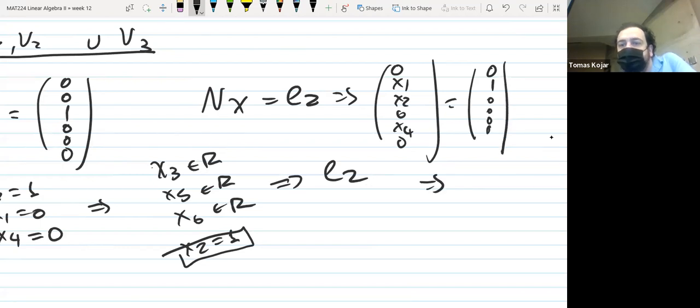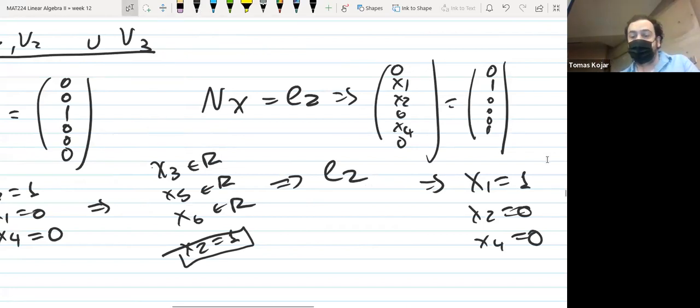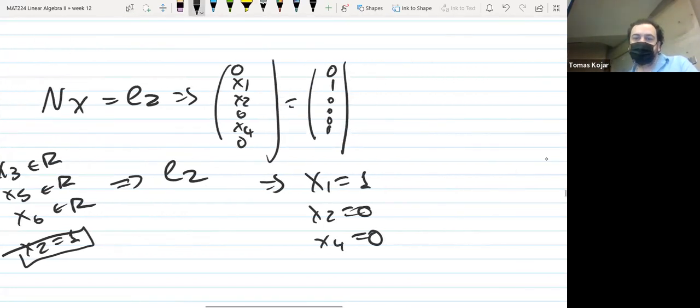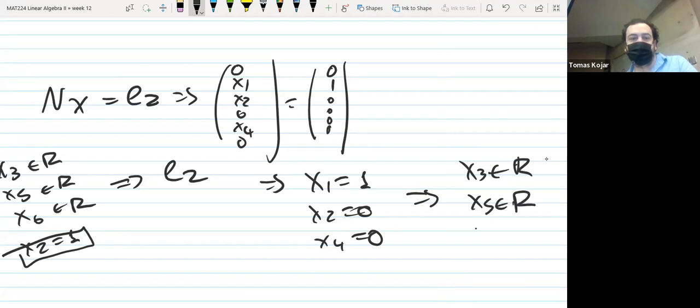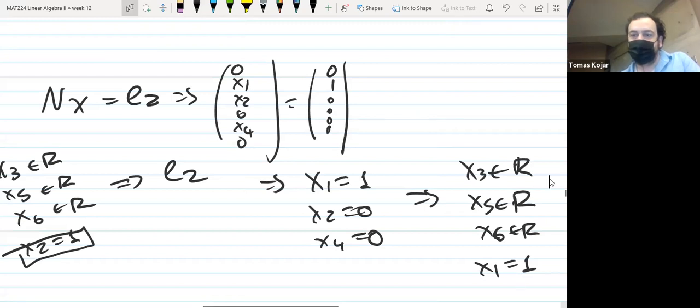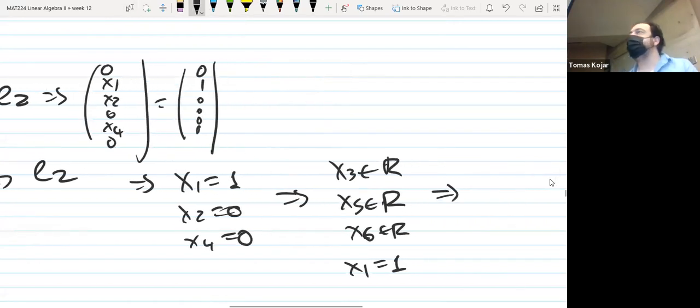And from here you get that x1 is 1. Yeah. And x2 is 0 and x4 is 0. So from here, again, you have a system. x3 can be anything, x5 can be anything, x6. And x1 is 1. So again, you just pick one guy. You just need one because you can have a span. Okay, so you put